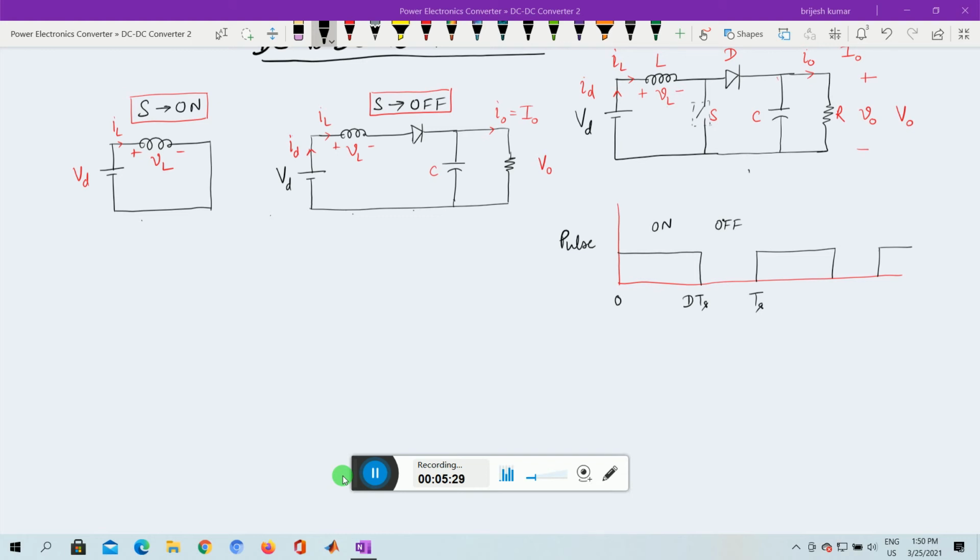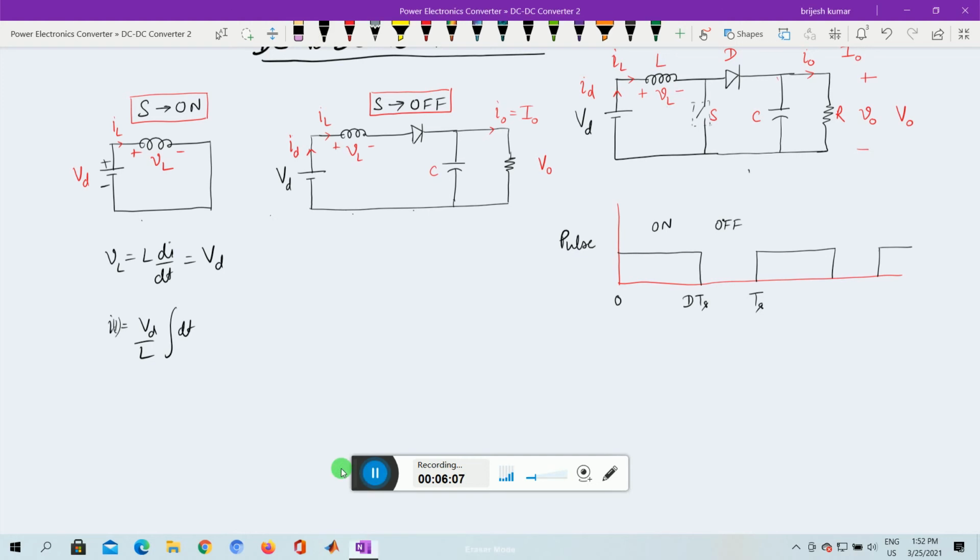So during the on time, if we apply the KVL in this circuit, what we can get is that VL is equal to L di by dt, which, when you apply the KVL, is equal to Vd. So from here we can write that i is equal to Vd by L integration of dt, or i of t is equal to Vd by L integration of dt,